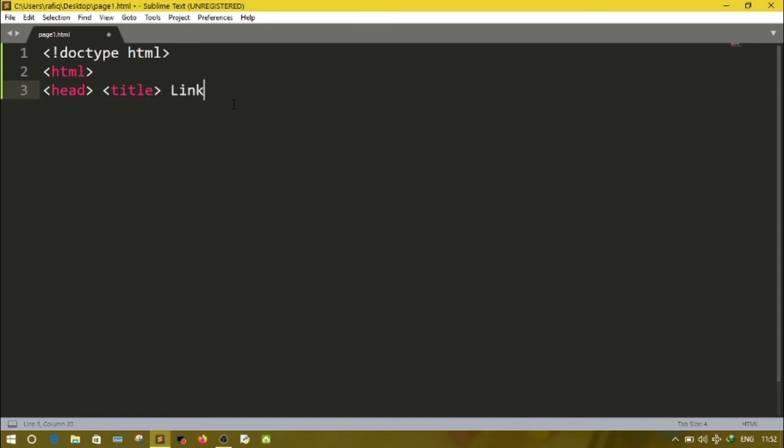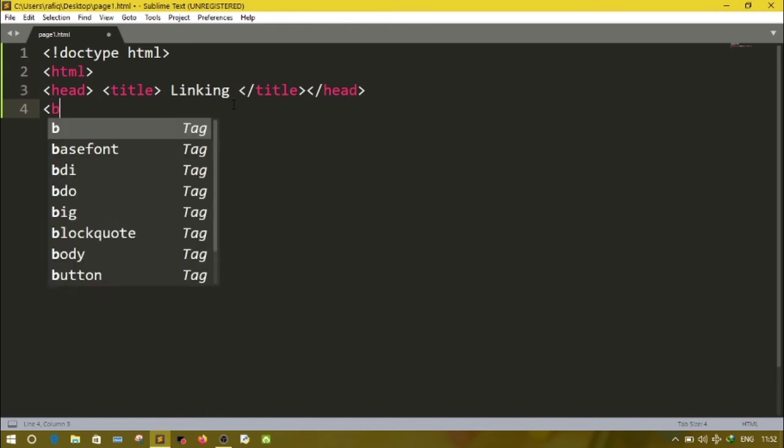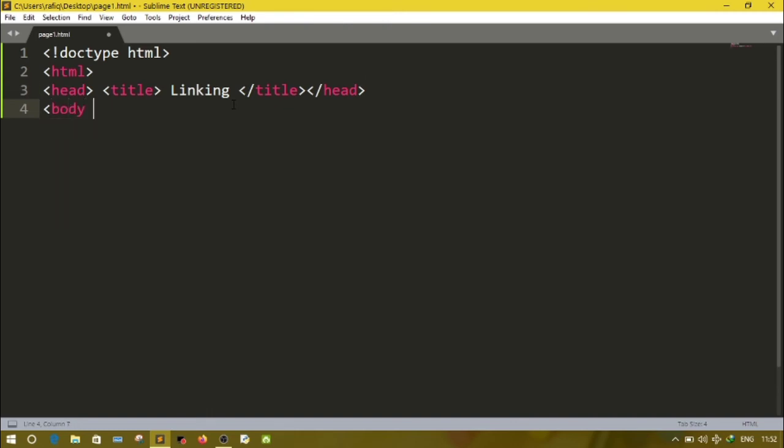Write the title as linking. Title close. Head close. Then body start. Suppose I want the background color to be yellow, so bgcolor equal yellow. Body bracket close. Here we'll write the actual content.